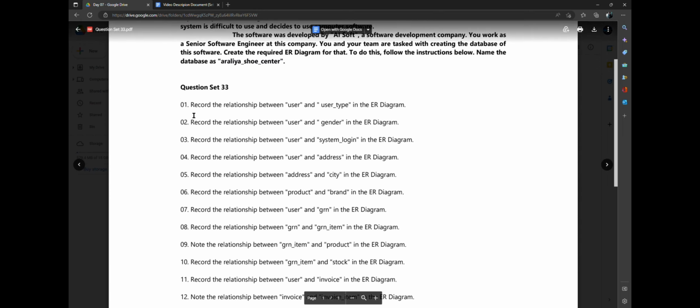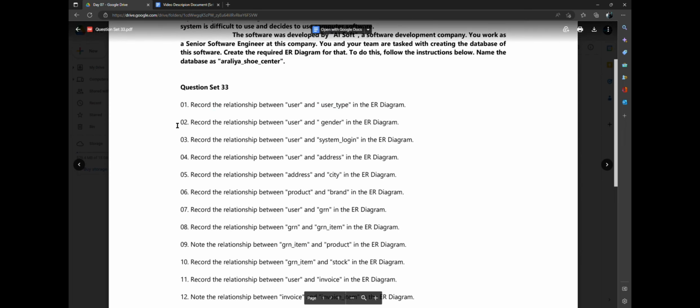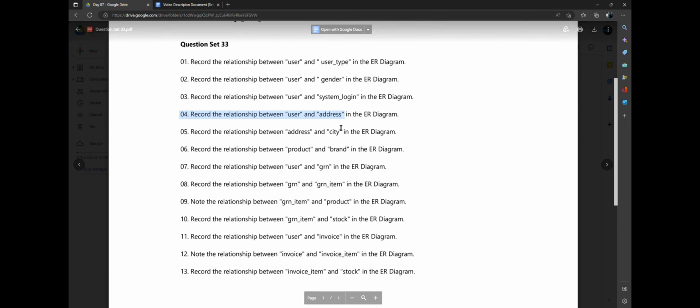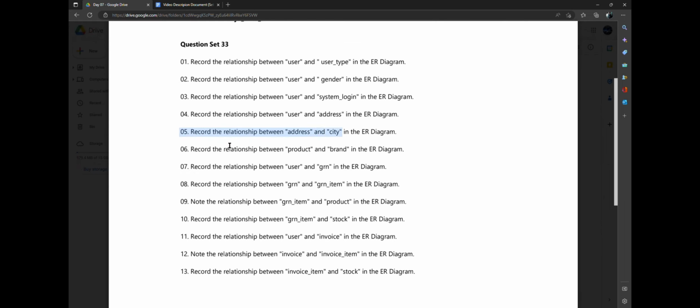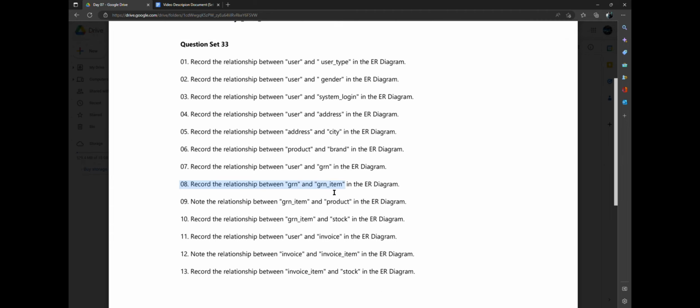Our first question is: record the relationship between user and user type, between user and gender, then record the relationship between user and system login, record the relationship between user and address, record the relationship between address and city, record the relationship between product and brand, record the relationship between user and GRN, record the relationship between GRN and GRN item,